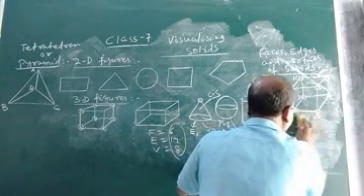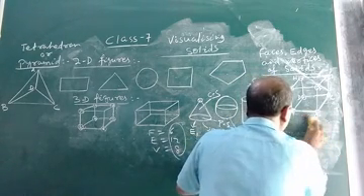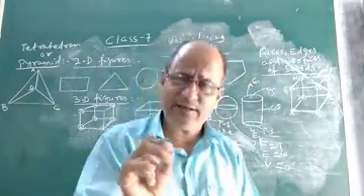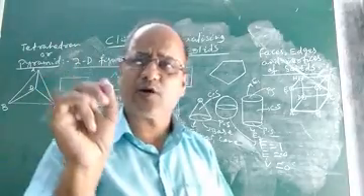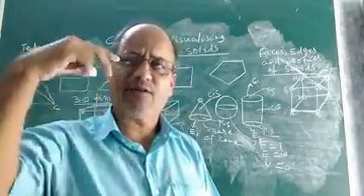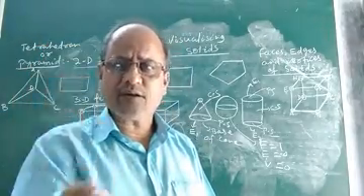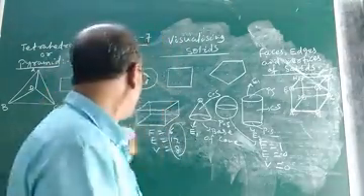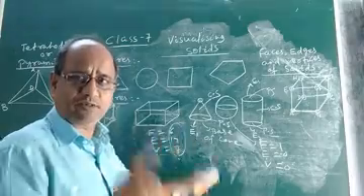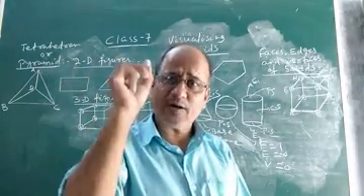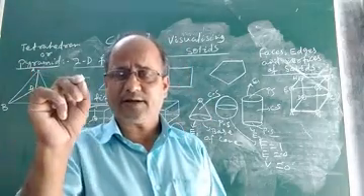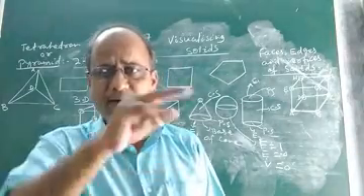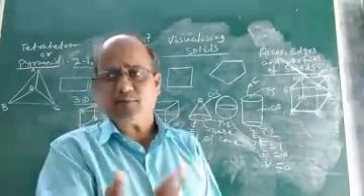It is a new thing which we have never heard. Children, when you will go to class 8, the concept of three-dimensional solids will be discussed in more detail, where you will find the discussion of prism, pyramid, polyhedron, and other solids. What is polyhedron? What are different types of polyhedron? There we will find the discussion of prism and pyramid. Prism and pyramid are two special types of polyhedron.